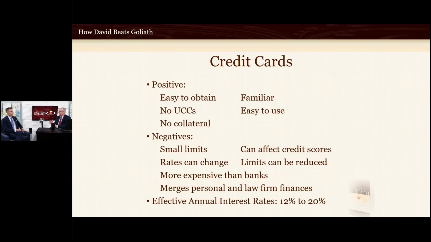So what we saw happening as the crisis happened and banks started to conserve capital, if somebody had a $5,000 balance on a $10,000 credit card, the bank would maybe want to limit their exposure and lower that limit to $6,000. So instead of now being 50% utilized on their credit, now they're upwards of 70 or 80% utilized. And when that happens, Jeff, we saw credit scores go down, even though people had not missed a payment.